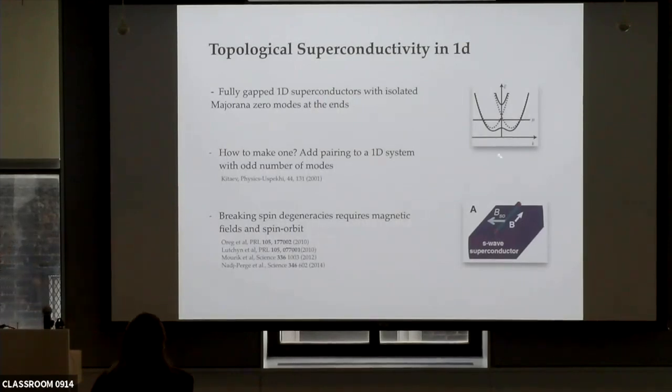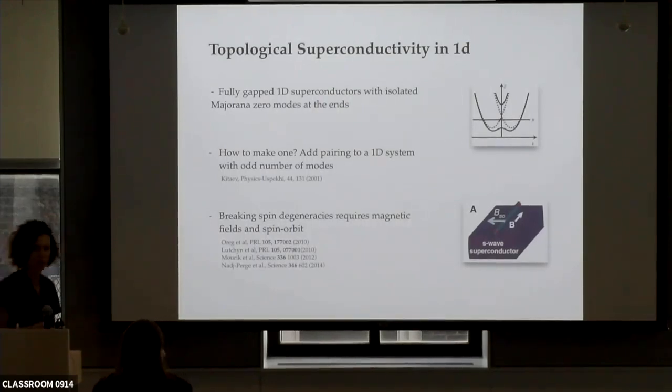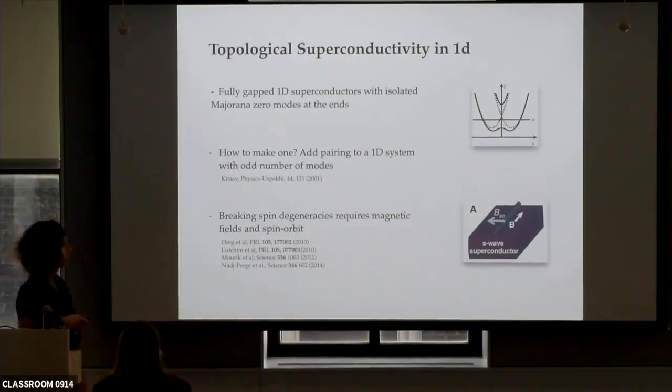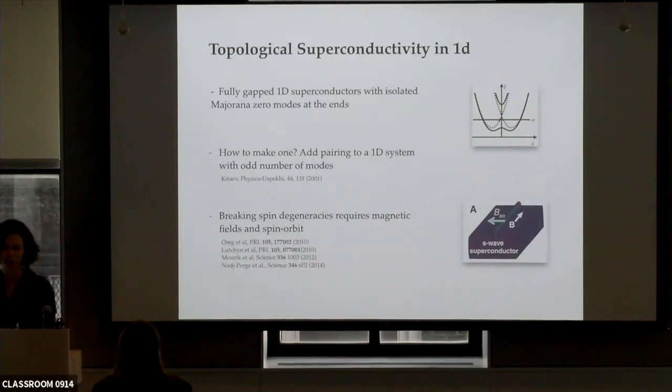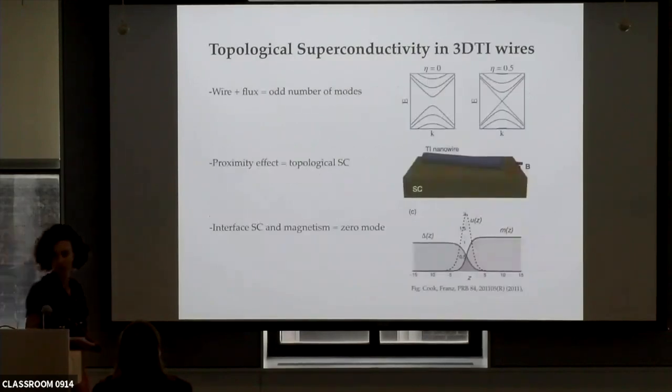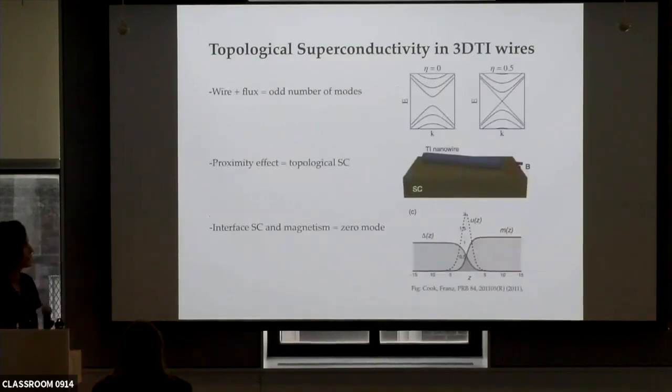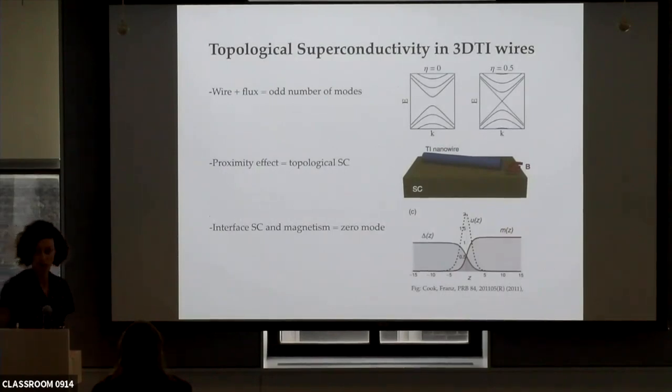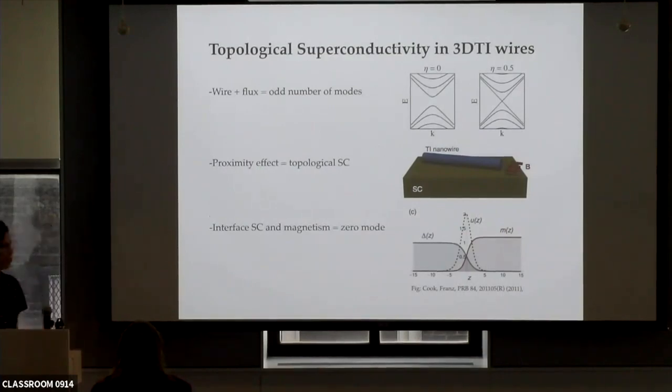Okay? So this band structure here is for the spin-orbit coupled wires, and I'm sure you all know this. This utilizes spin-orbit interaction to resolve spin degeneracies, and then a Zeeman gap to create a scenario in which you can put the chemical potential and get a single mode. Okay, but what I've told you right now is that we have an alternative system that gives you this odd number of modes quite naturally, and you don't need to worry so much about where the chemical potential is.